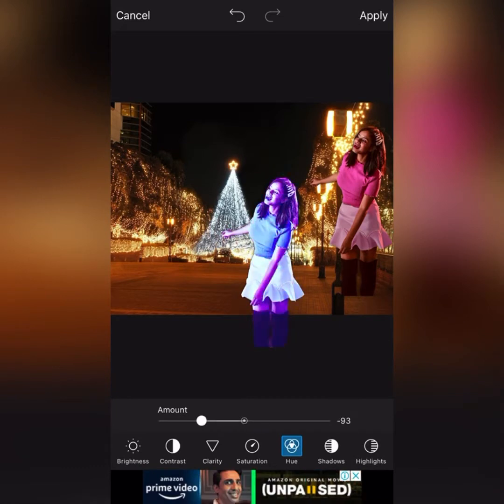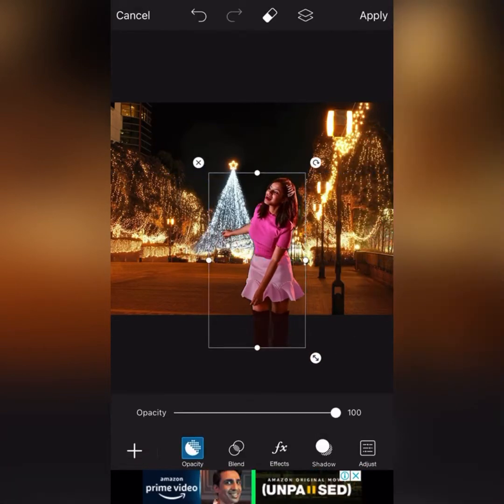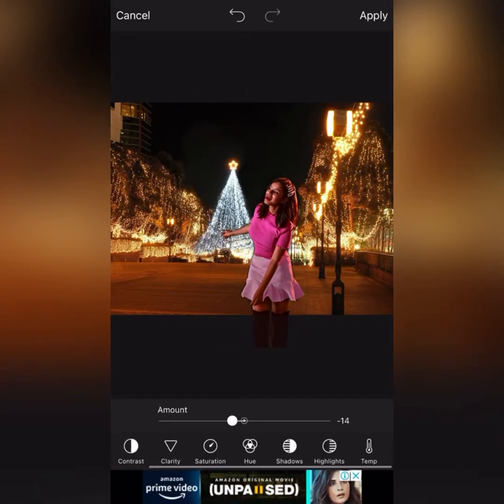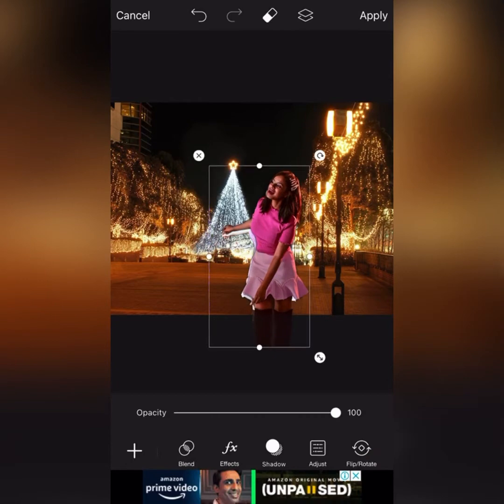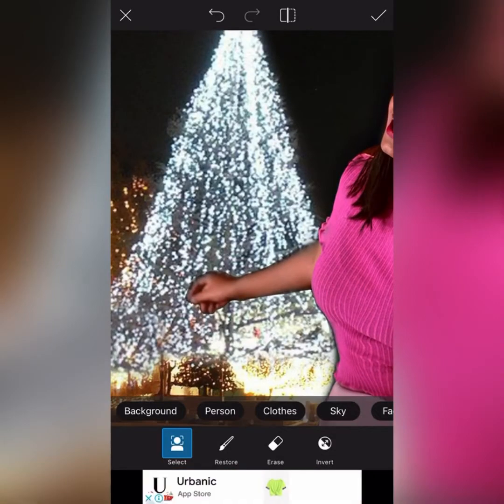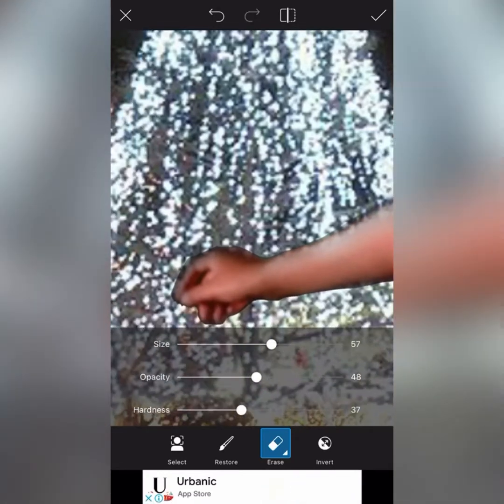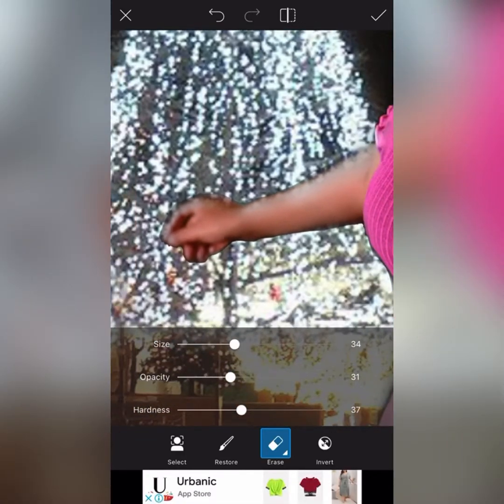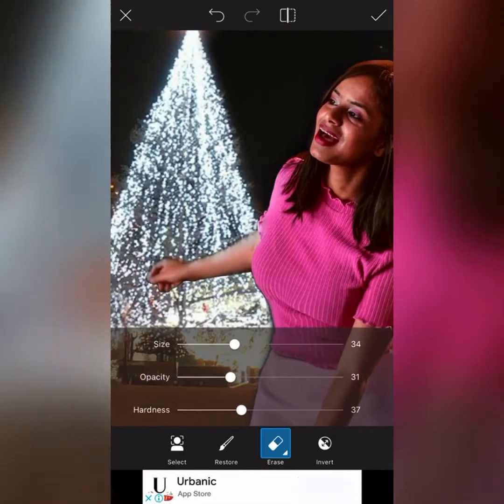Now let's create rim light effect on this picture. Mind you that the rim light effect has to be only created when the light is coming from the back and at night. Creating rim light effect includes steps such as duplicating your own image, top layer should be darker and the bottom layer should be lighter, and then erasing the outline from the top layer, revealing the bottom layer's bright color. That shows your rim light effect.